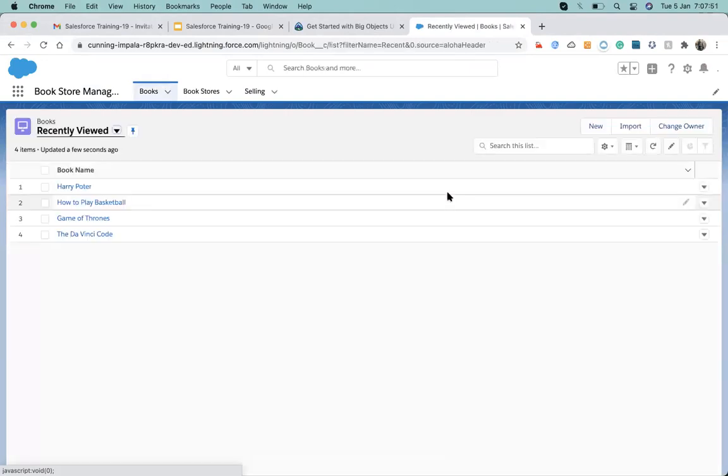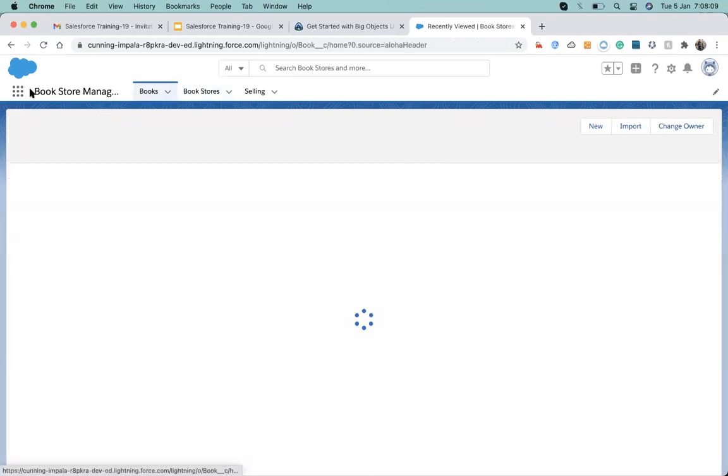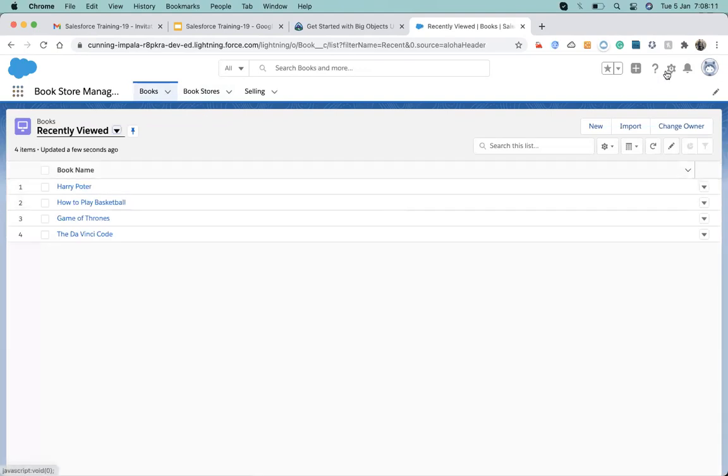When we have to store data from an external system, it's not directly used in Salesforce. Whenever we have a requirement that from an external system we need to store millions of records into Salesforce, and we also need to process those millions of records in Salesforce, at that time we use big objects.